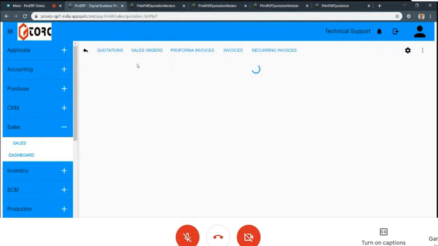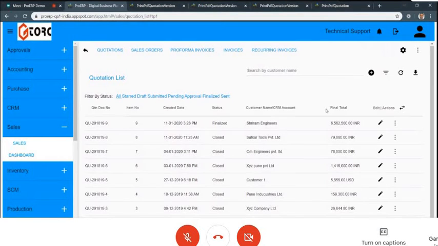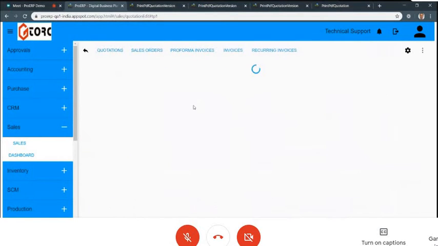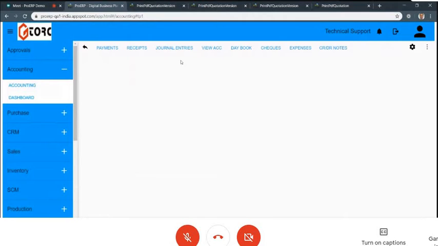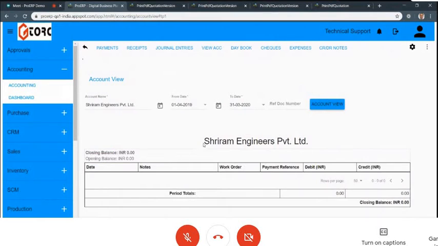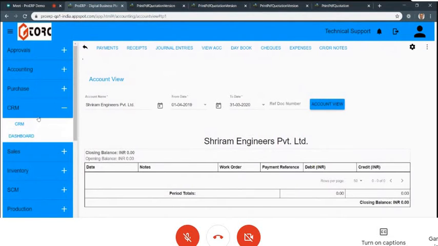Fine, then we will just move on to our quotation. We converted the account into a customer. The moment you create a customer entry in the customer master, you get a ledger created in accounting, and of course it will be empty initially. That's why we don't create a customer directly. Only when he really becomes a customer is the customer entry created. Till then we handle him in the CRM module only.